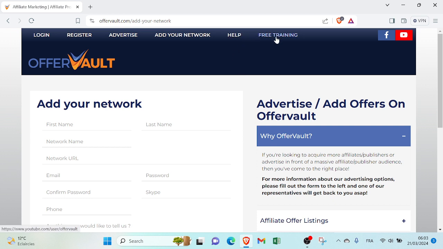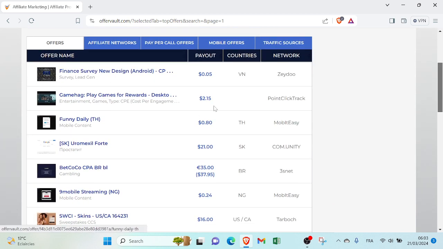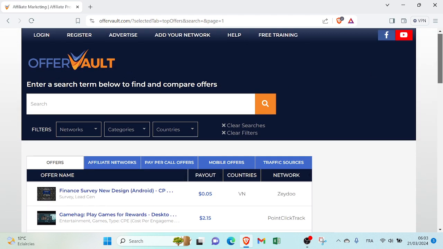It leads you to the YouTube channel of OfferVault. So on this homepage, as you can see, there are a lot of offers, and here is the commission you'll get for each sale, and here we have the countries if the offer is targeted to a specific country, and finally the network providing this offer. You'll have here a search bar if you want to search for a specific product or network, and besides, you can specify the results